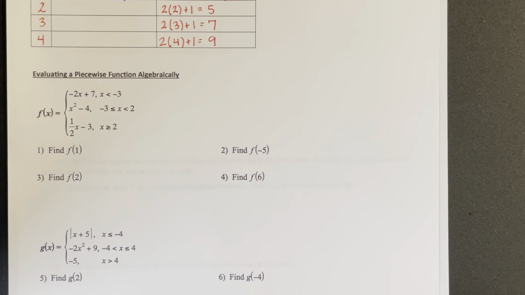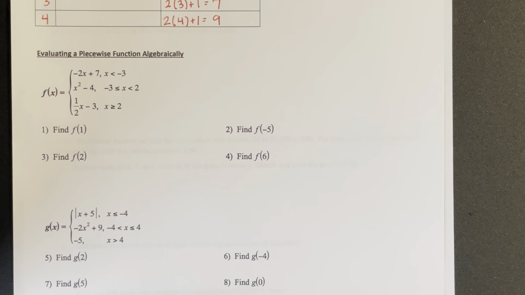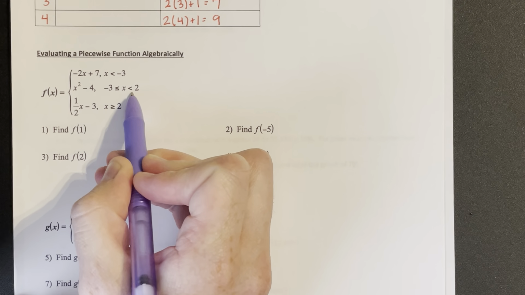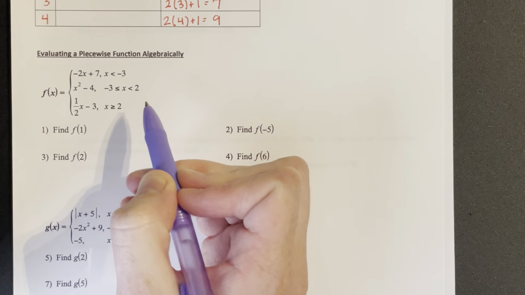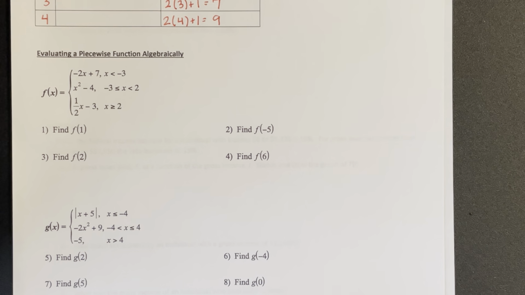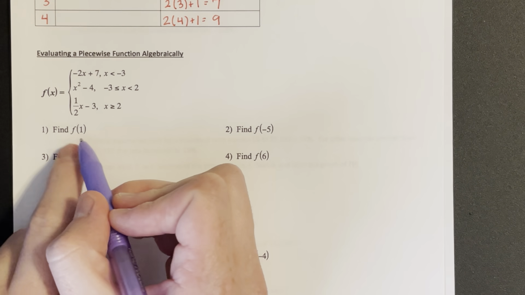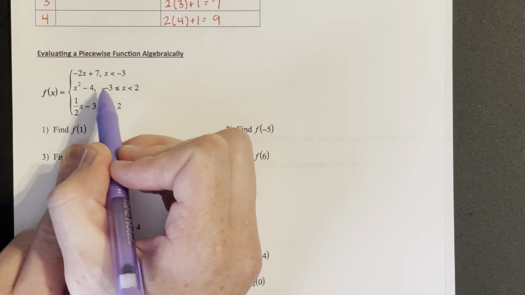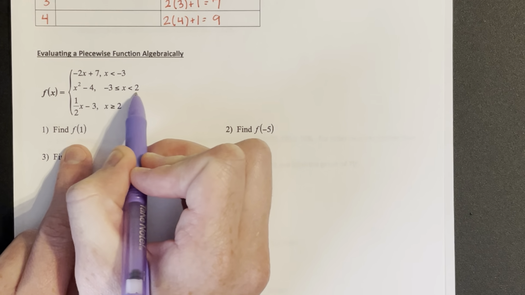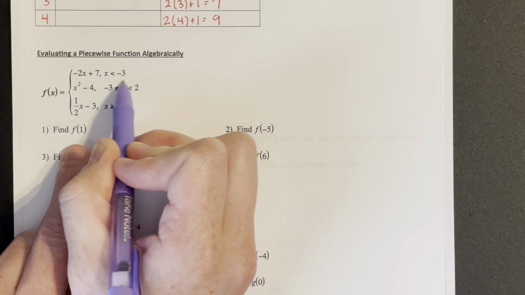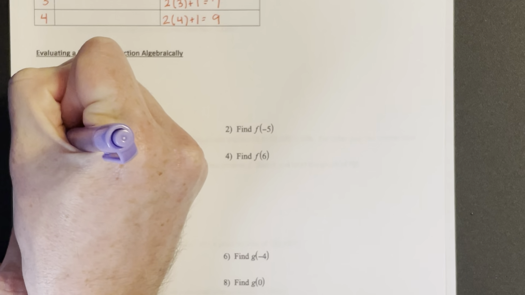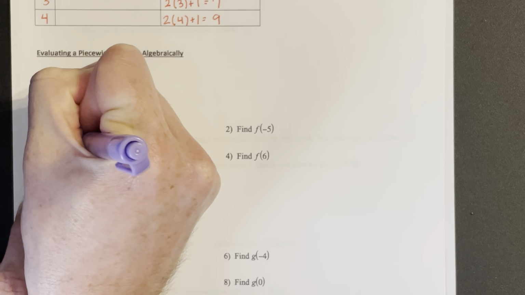Now let's just try to evaluate this algebraically. So we have a piecewise function. This one has 3 different pieces with 3 different domain restrictions. So we have to consider where the function is going to be evaluated. So when I see f of 1, that means x is 1, and the function is defined for x equals 1 in the middle section. So I'm going to use that middle piece,